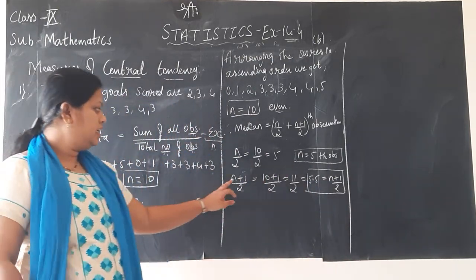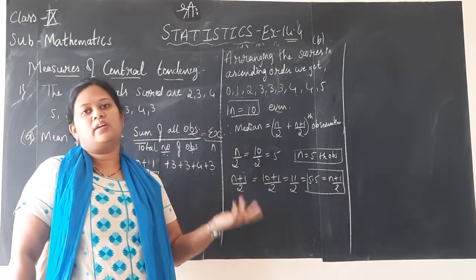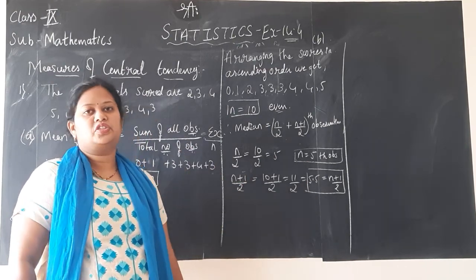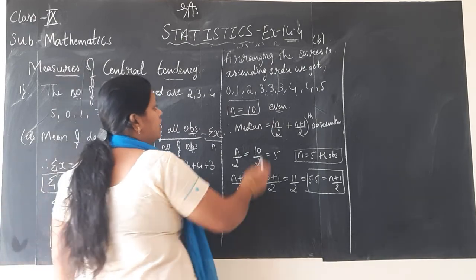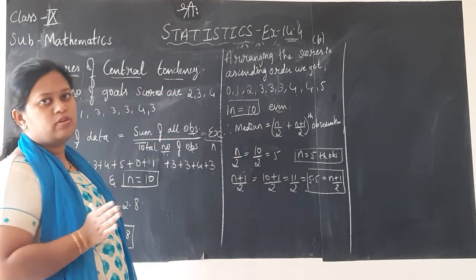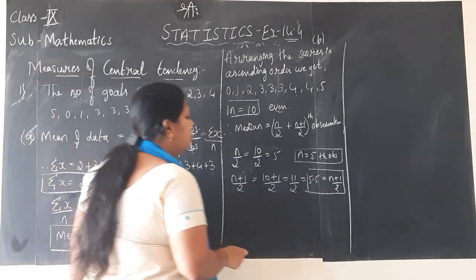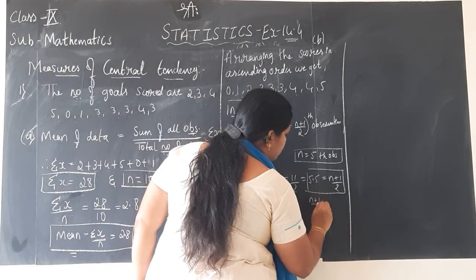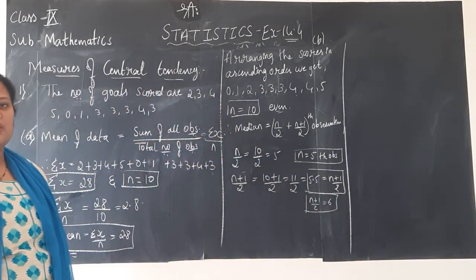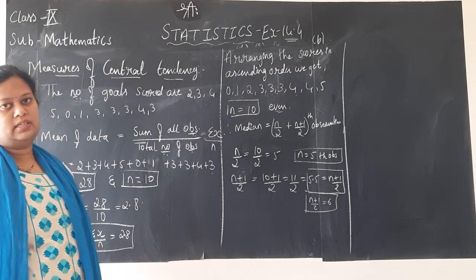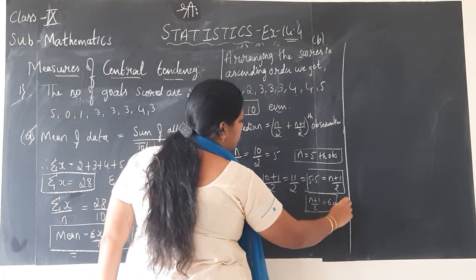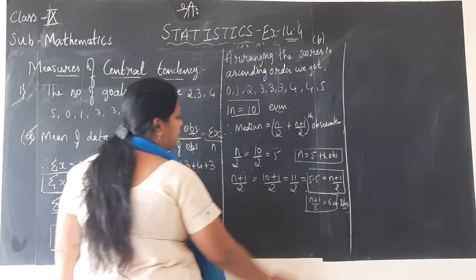Whenever your number is even and you add 1 to it, the number will obviously become odd. So you will always get 0.5, children, but you cannot consider 5.5th score. It is difficult, you cannot cut the next score into half. So you will always round it off. So (n plus 1) by 2 you make it 6. Since 5.5 has come, we will round it off to the next. So we got n by 2 as the fifth score and (n plus 1) by 2 as the sixth observation.